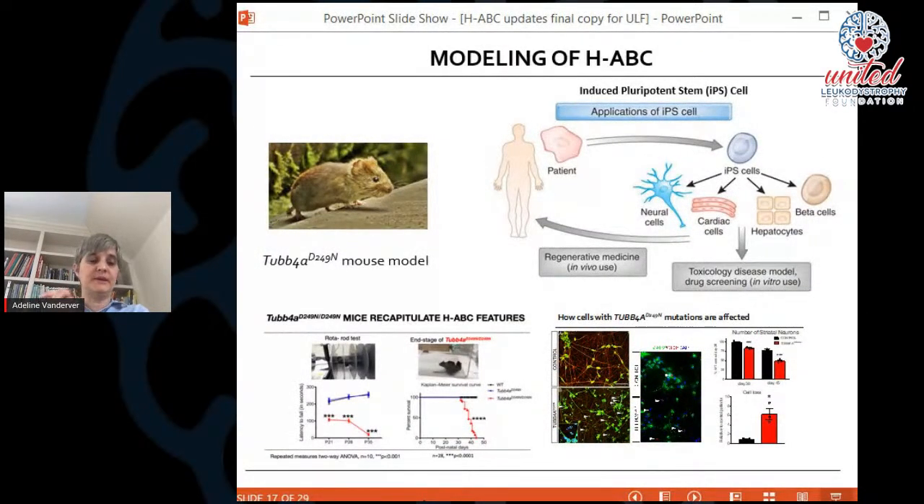So because we wanted to better understand how TUBA4A affected the cells of the body, we created a bunch of tools in the lab that can be helpful to better understand how these special proteins, and how mutations of these proteins, might affect the function of the brain. So the first thing that we did is that we were able to give the same common mutation,